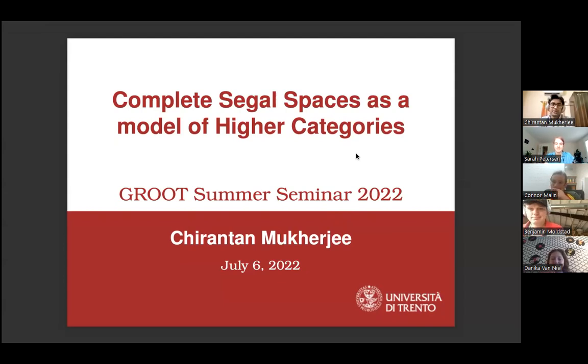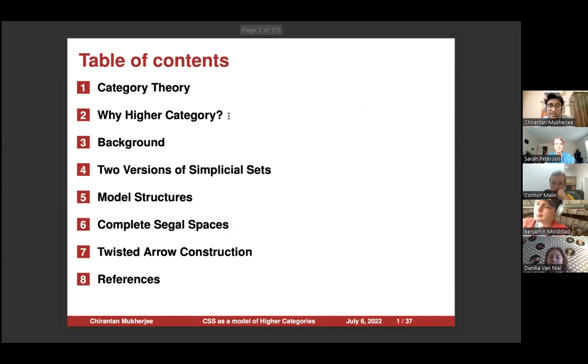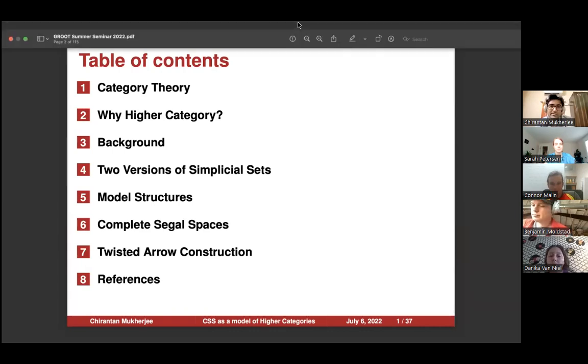So I'll be talking about an important model of higher category, namely the complete Segal spaces, which was introduced by Charles Rezk in 2001. I have divided my talk into several parts. In the first part, we are going to look at the basics of category theory, and then we are going to see why it's not enough to just have category theory and why we need to move to higher category theory. Then we are going to look at some of the important developments related to higher category theory in